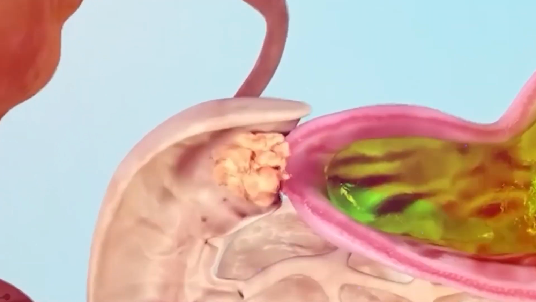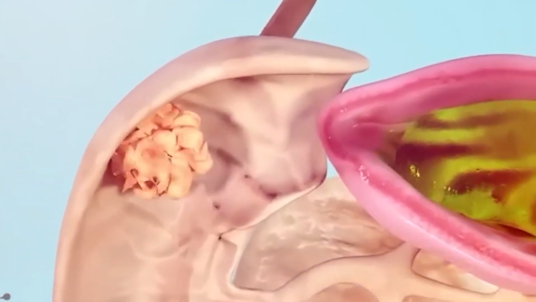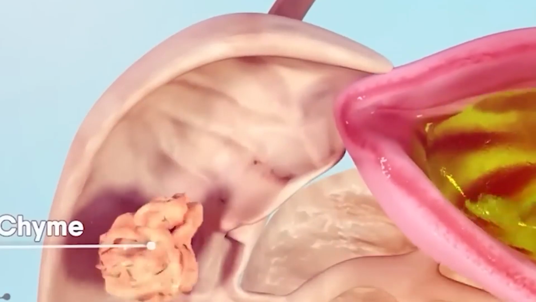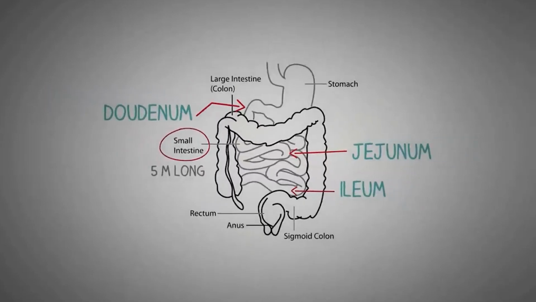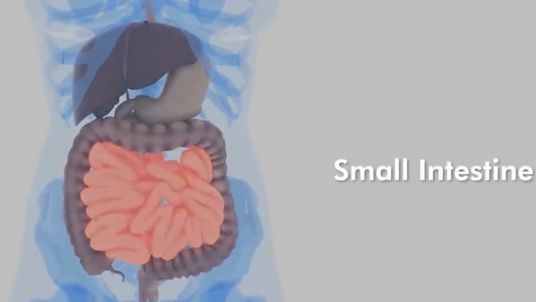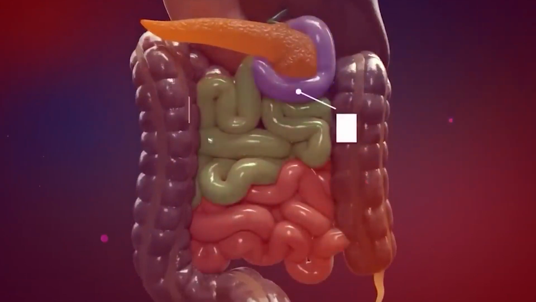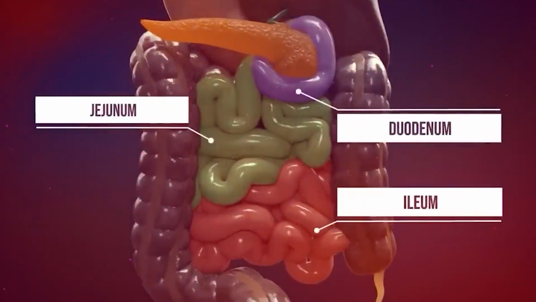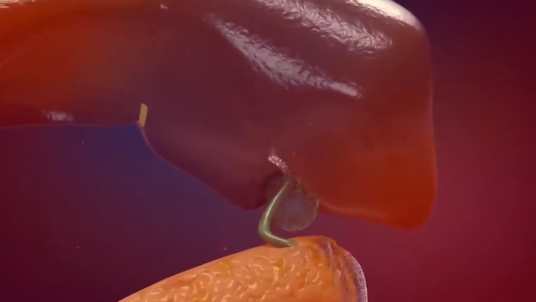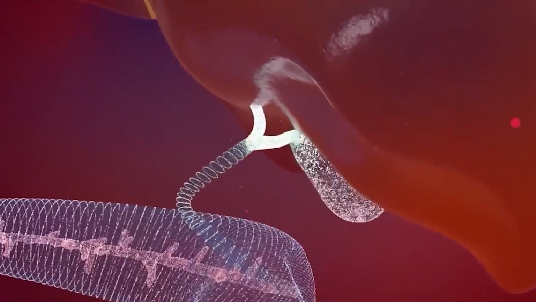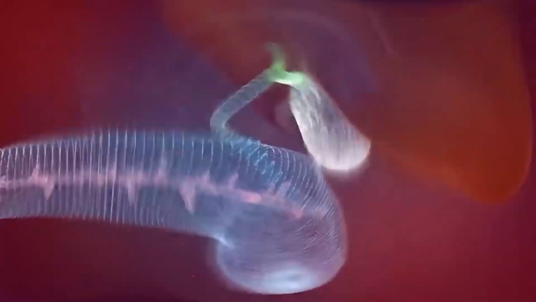Now, digestion of food in the small intestine. The small intestine is divided into 3 parts. We have the first part, which is the upper part, and it is called duodenum. Number 2, we have the middle or the second segment of the small intestine, and that is jejunum. And lastly, which is the lowest part or the latter part of the small intestine, is called ileum. Immediately the food leaves the stomach, it enters into the duodenum. In the duodenum, the process of digestion continues.